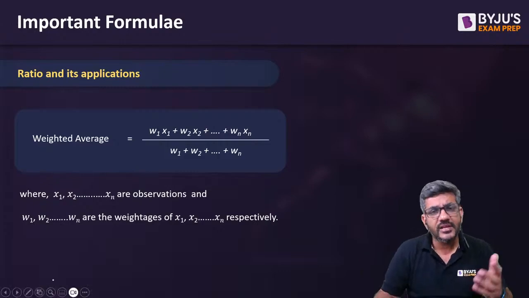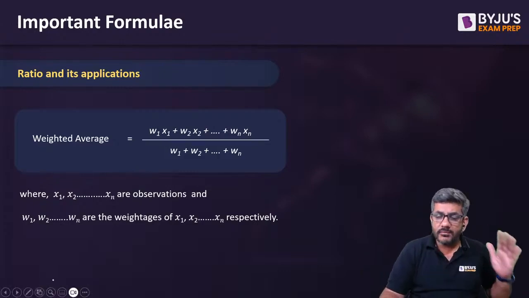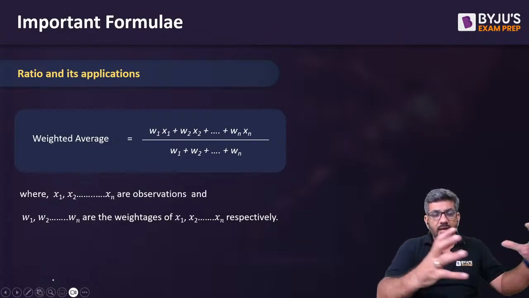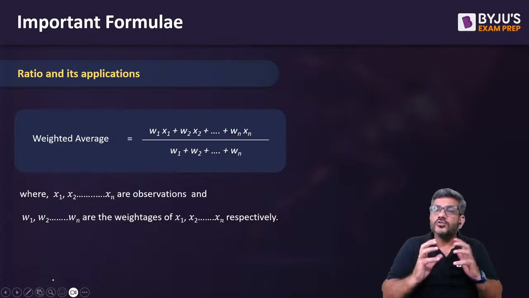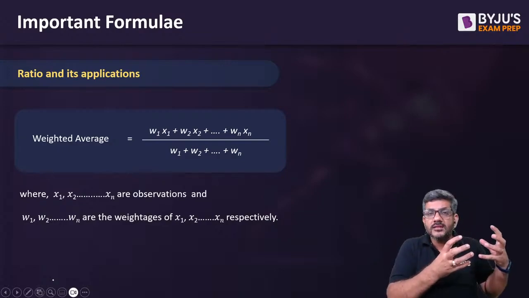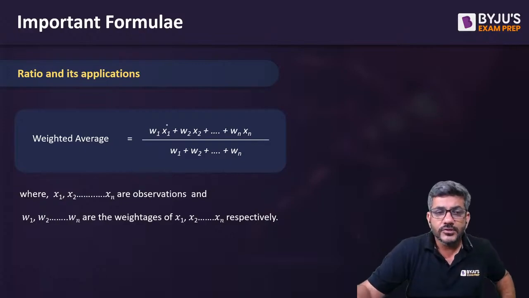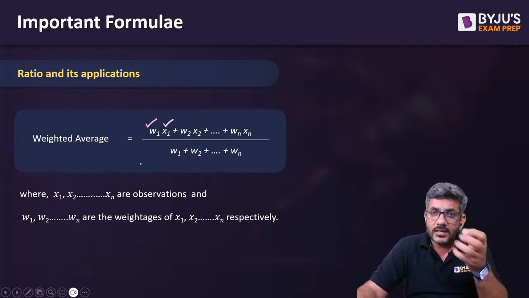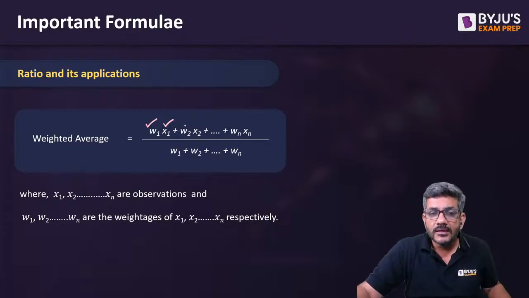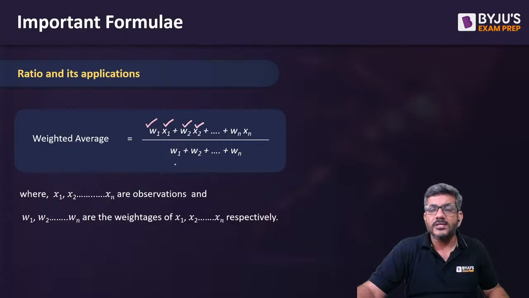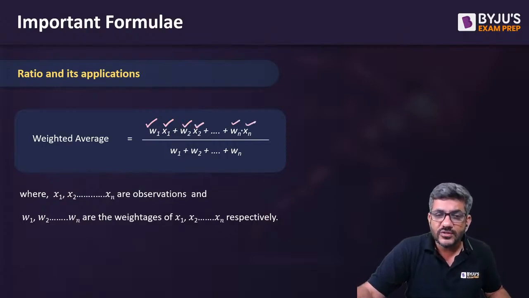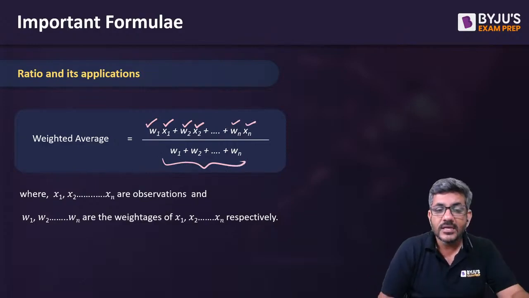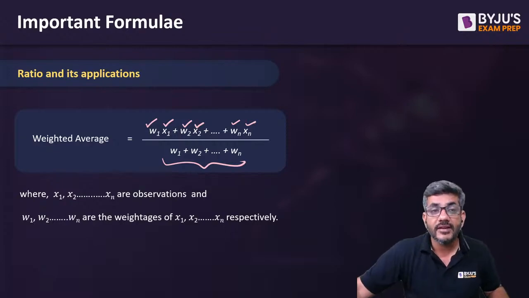What is weighted average? Average is what? Sum of all the numbers divided by number of numbers. But weighted average is like, rather than calculating average of numbers, you are making groups of some numbers, right? So how many numbers are there in this group, multiplied by the average of the group. So number of numbers in a group multiplied by the average. This W1, weightage of that group, is basically the number of members there. Similarly, weightage of another group, that is the number of members multiplied by their value, and so on and so forth, divided by total number of members, that is the total sum of all weightages. This is how you calculate the weighted average in these cases.